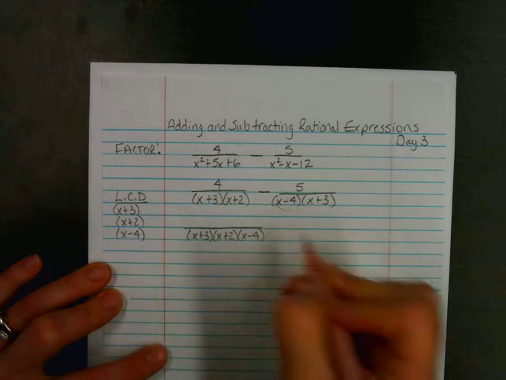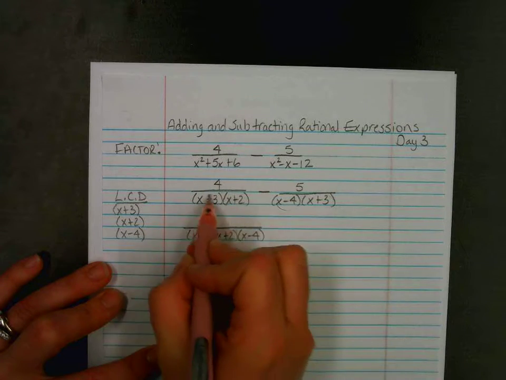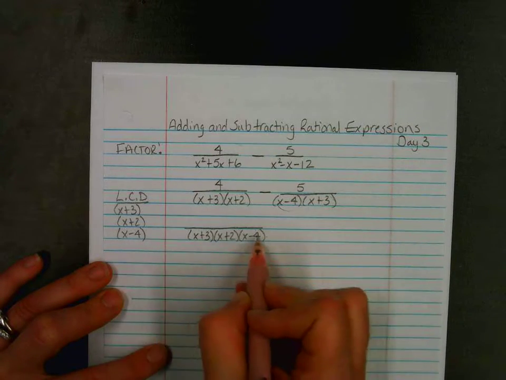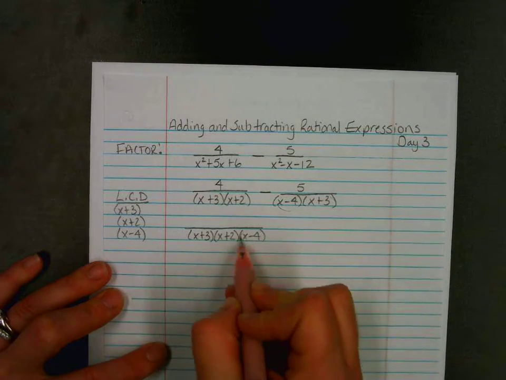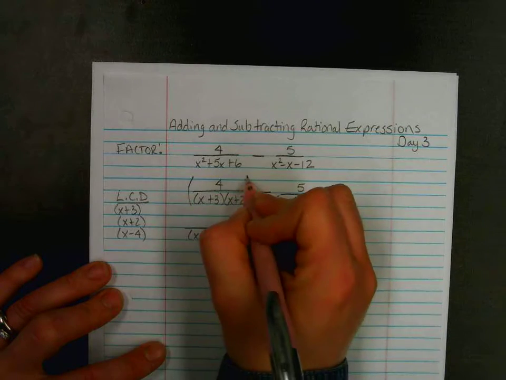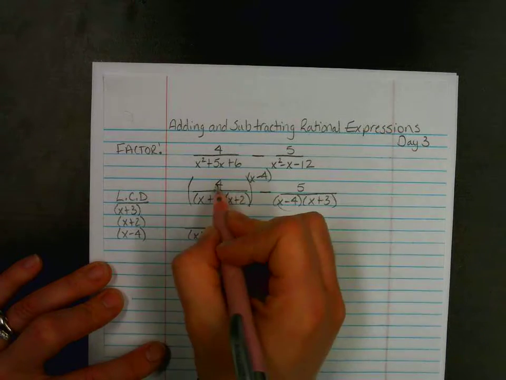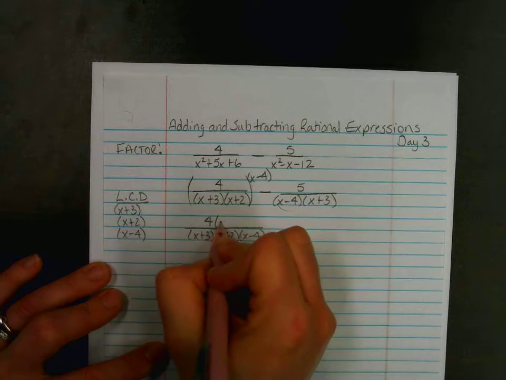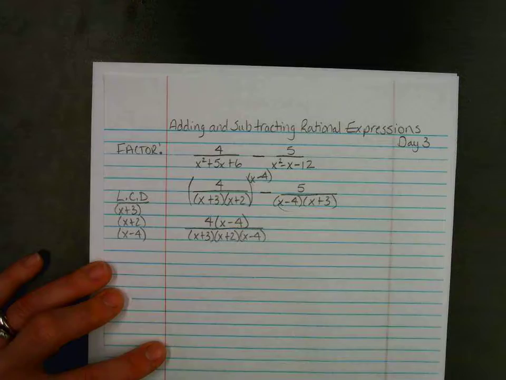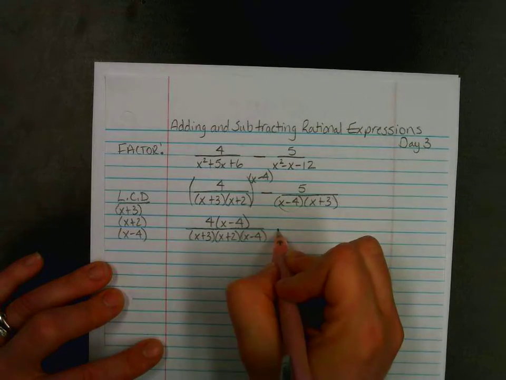If we want this as our denominator, you have to ask yourself, what do I need to multiply these two by in order to get this? I would have to multiply it by the x minus 4. So I'm going to multiply this whole fraction by the x minus 4. So this would be 4 times x minus 4 in my numerator. Minus,